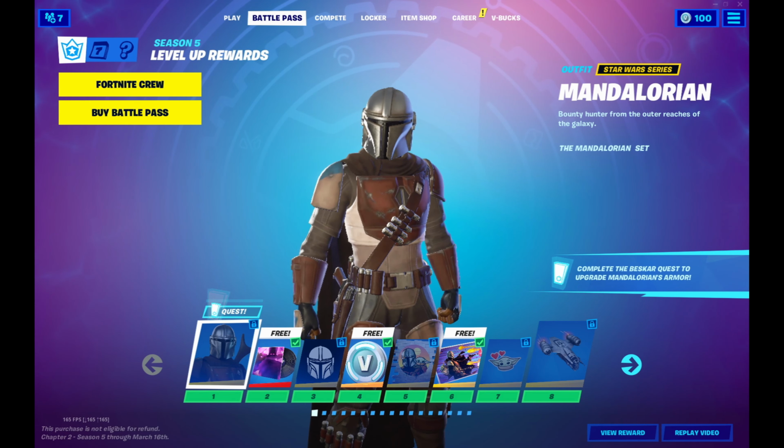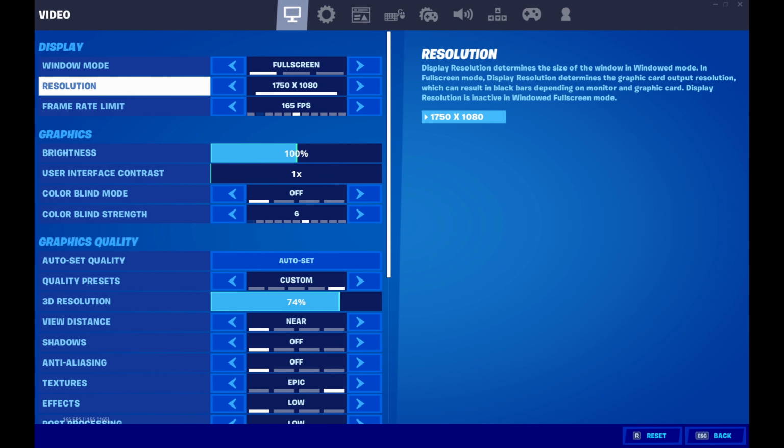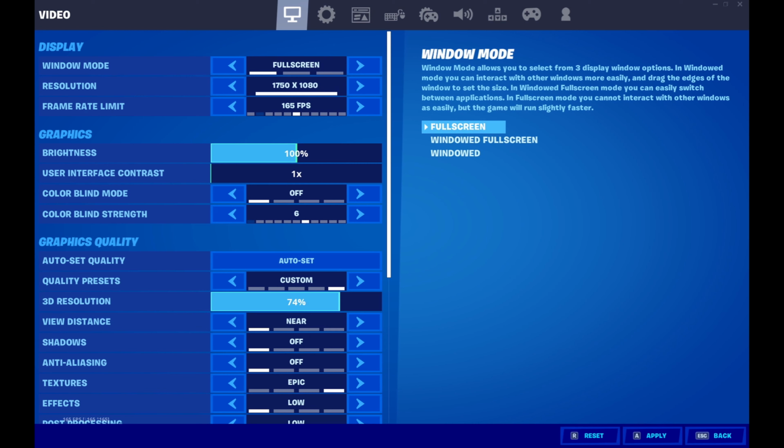So, go in your settings, right here, settings. Now look, I have an exclusive, right? I have an exclusive stretched. And I'll do another video about this later, but you can pretty much get any resolution you want off full screen if you just follow my steps in my next video. So stay subscribed for that for sure. Now,